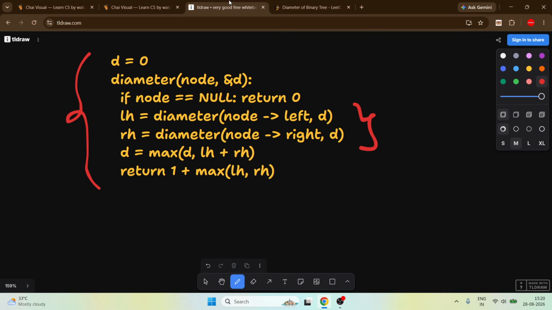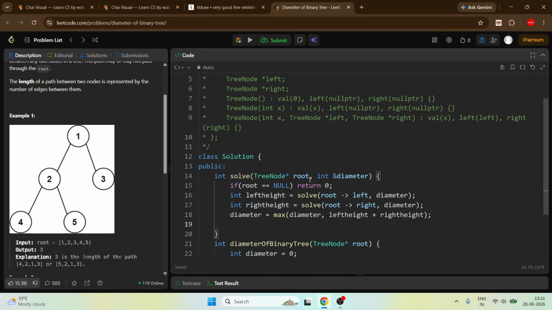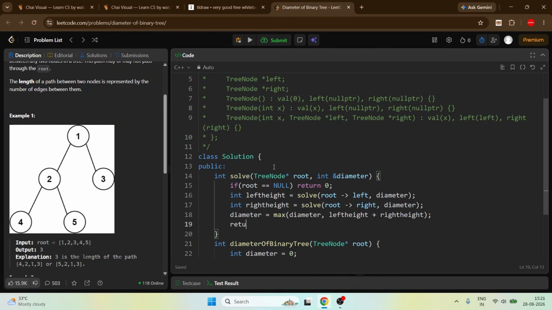Now we go to both the right and the left part. Now update the diameter: the diameter will be the maximum of diameter and left height plus right height. And then return 1 plus the max of left height and right height.